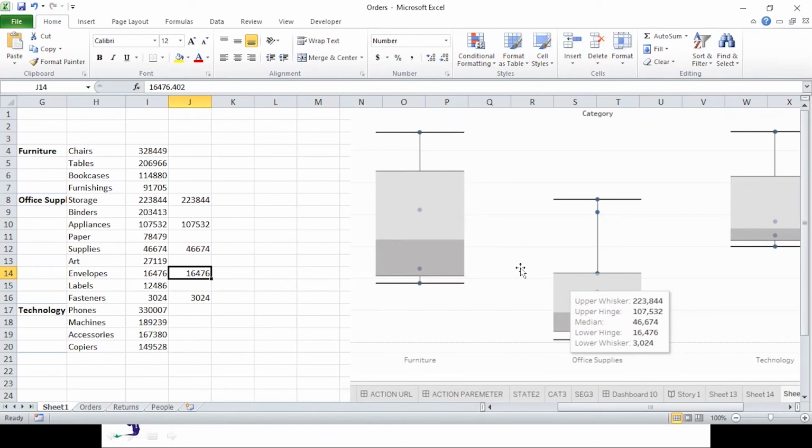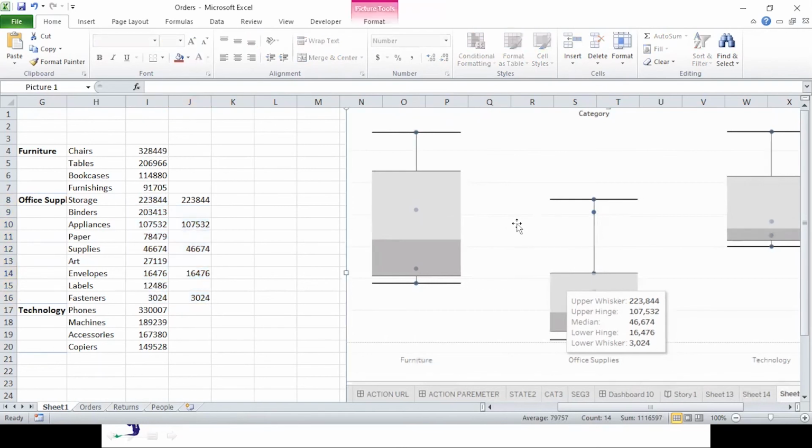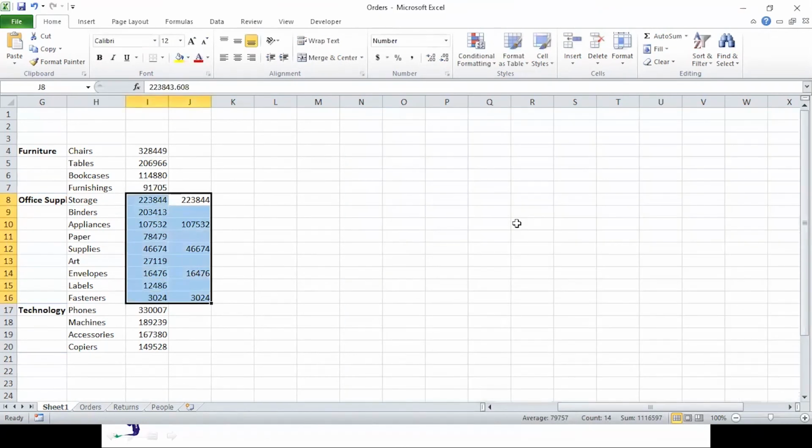Okay. Now let's take an example. So here it was very easy because the number of values were odd. But in case of even, let's take furniture. How can we calculate in case of furniture? So let's take an example.